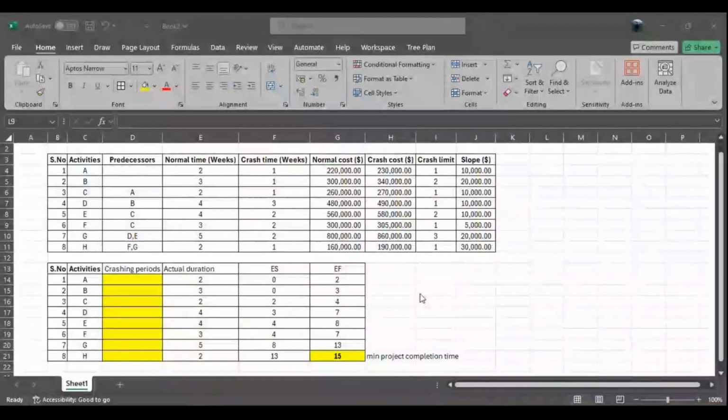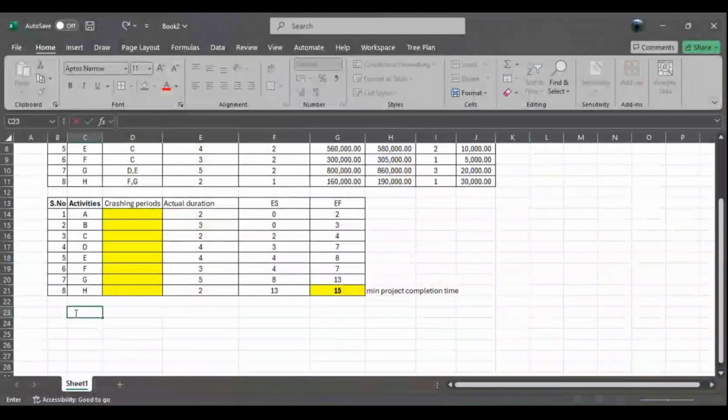The second part of this video tutorial, now we will use linear programming based upon the information which we estimated, which we presented in part one of the video. Now, how to go about that? First of all, I'm going to create a cell in which I'll simply call the project